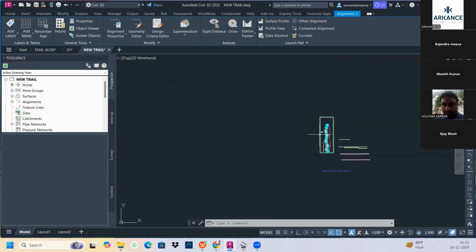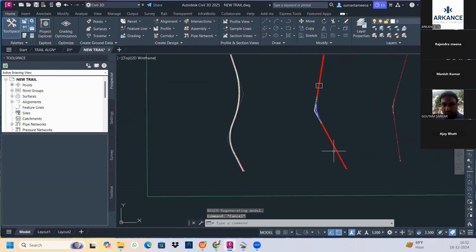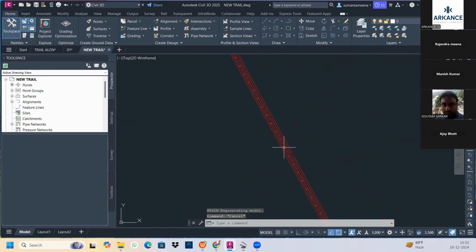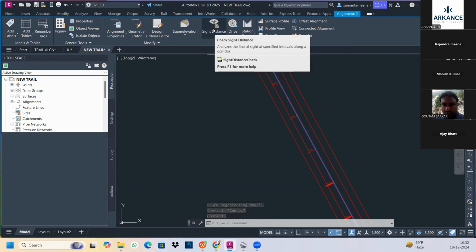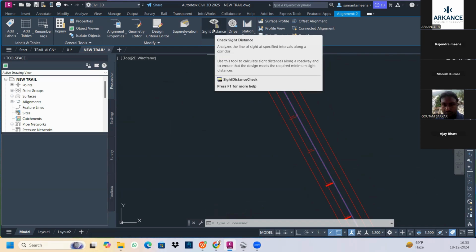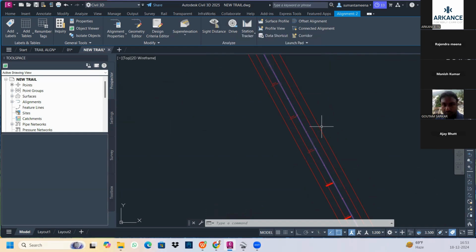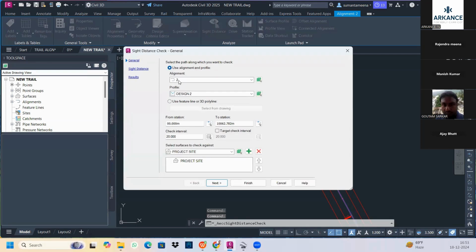ठीक है। दूसरा एक और चेक होता है इसमें, साइड डिस्टेंस का। यहाँ पे देखेंगे साइड डिस्टेंस एक का ऑप्शन है। जनरली हम कॉरिडोर बनाने की बात भी कर सकते हैं क्योंकि हमारा अभी कट फिल नहीं है। बट अगर आप फिर भी यहाँ पे चेक करना चाहें तो कर सकते हैं। जैसे यहाँ पे आपको अलाइनमेंट सेलेक्ट करना है, आपका प्रोफाइल करना है, आपका स्टार्ट टू एंड स्टेशन करना है।